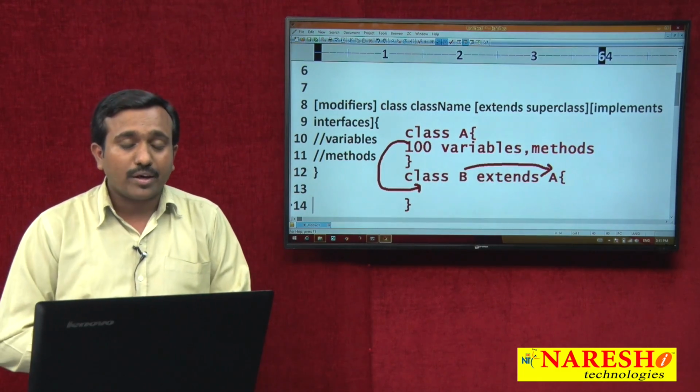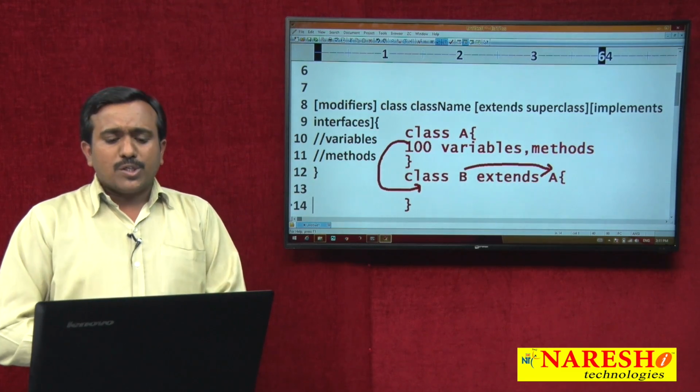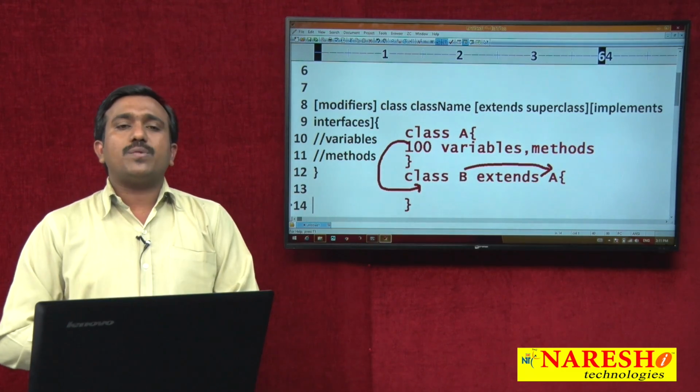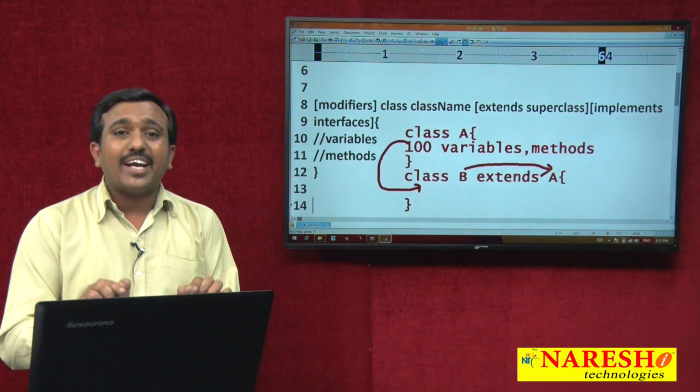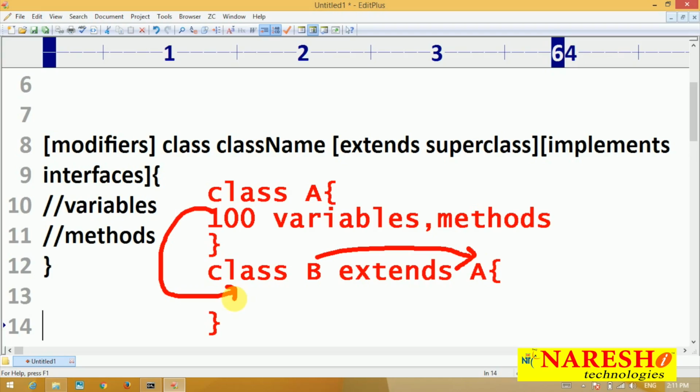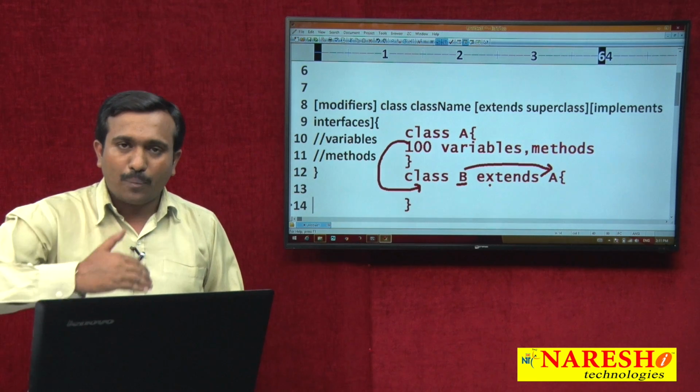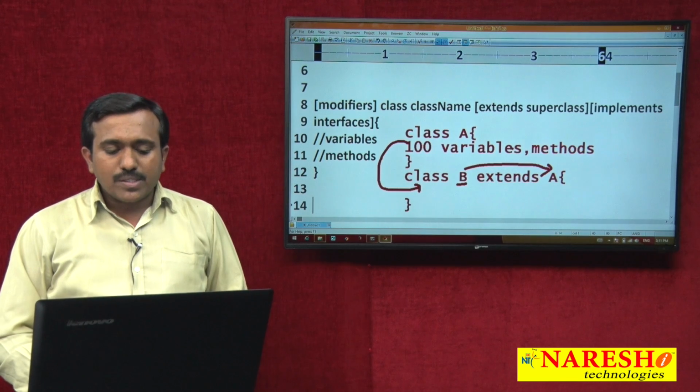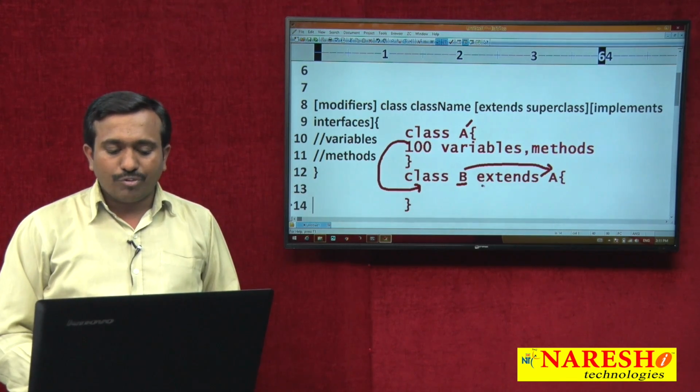B directly uses them. This is nothing but inheritance. So the extends keyword is always used to achieve inheritance. So when we are creating a class, if you want to get the properties and methods from another class, then we can go for